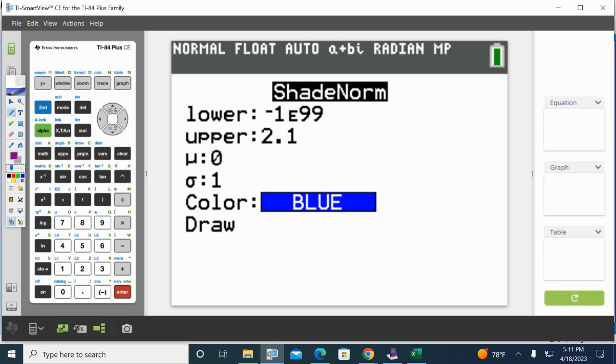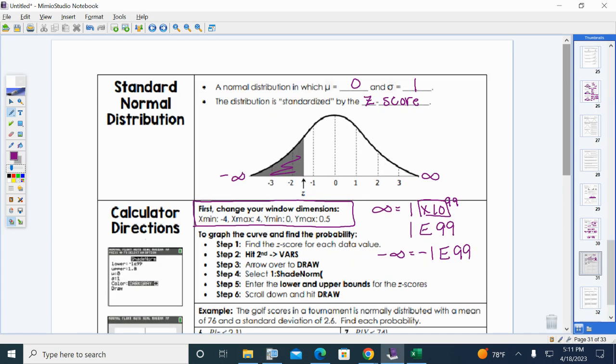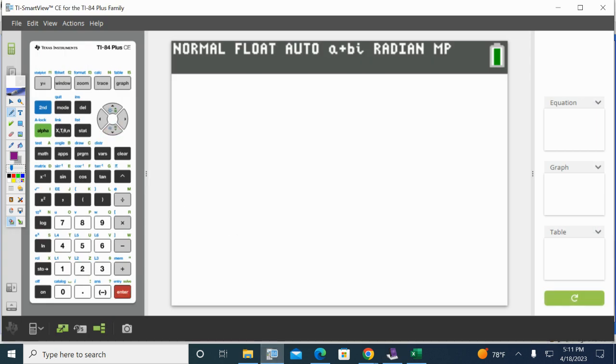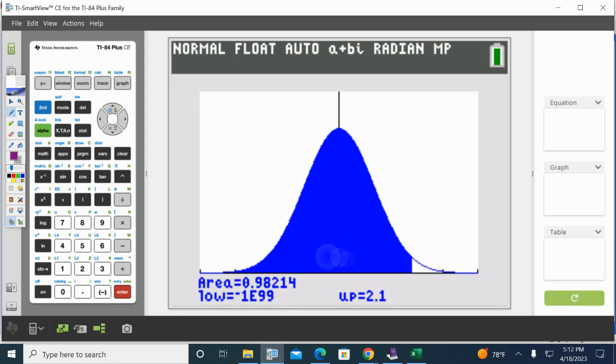And in a standard normal distribution, go back to the notes, that is where your mean is 0 and your standard deviation is always 1. So in the calculator, we're going to leave that. I'm going to arrow down to draw and hit enter. Now the calculator is going to draw exactly and fill in the area under the curve that represents all of the data points that are less than